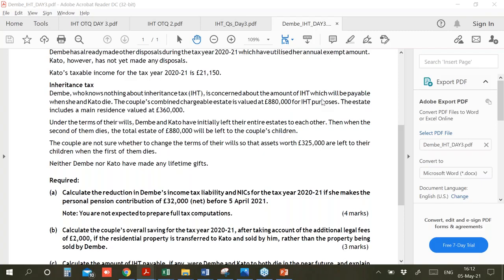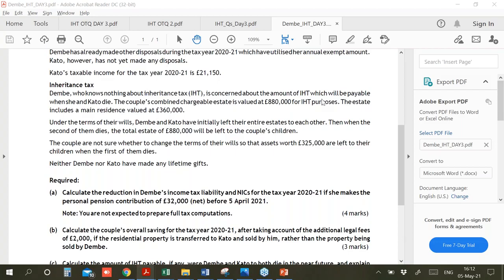Yes, 40,000 is the amount. There is no donor and donee, Subhan. It is not an inheritance tax. It is a personal pension contribution. Okay. So all you have to do is gross it up, and the formula is multiply it by 100 divided by 80. 100 over 80 is the formula.